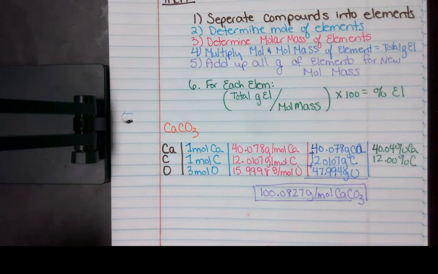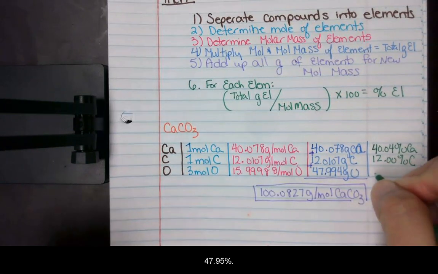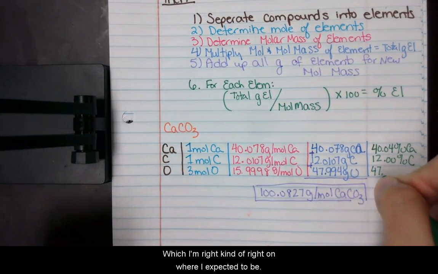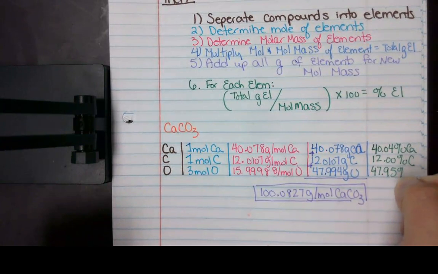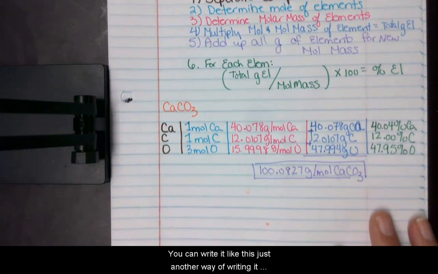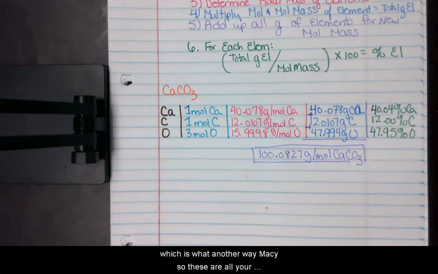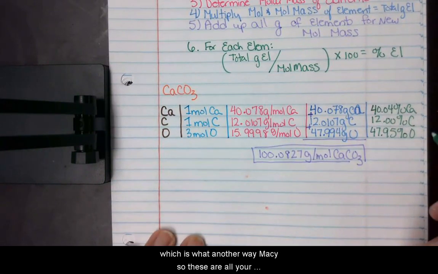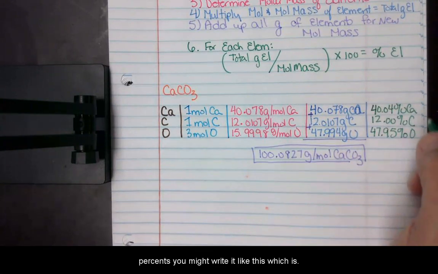47.994 divided by 100.08 gives me right about 47.95%, which is right where I expect it to be. You can write it like this. There's another way of writing it, which is another way you may see. So these are all your percents. You might write it like this, which is